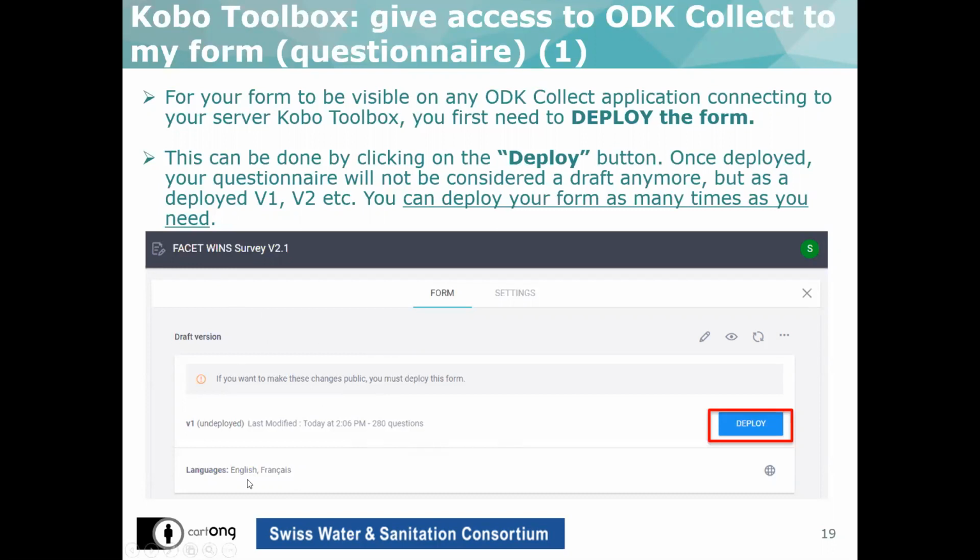I will not be able to see it. So for it to be visible on my ODK Collect, I'll need to deploy it. And again, a blue button, very important blue button. I'll need to deploy it. So once I click on deploy,